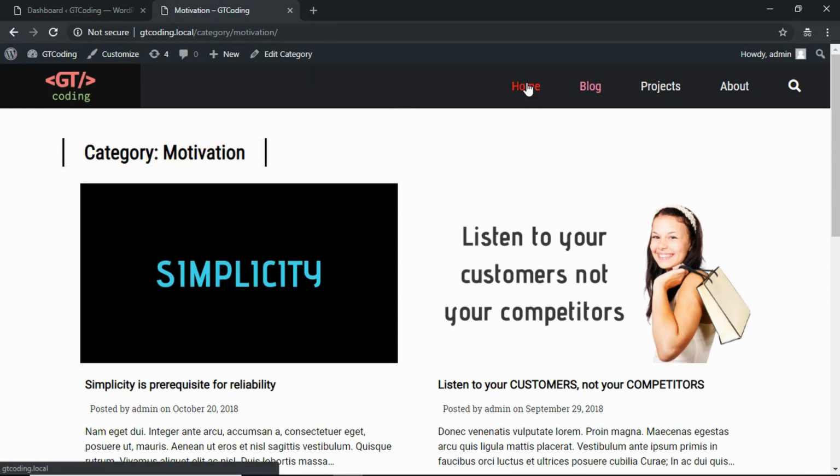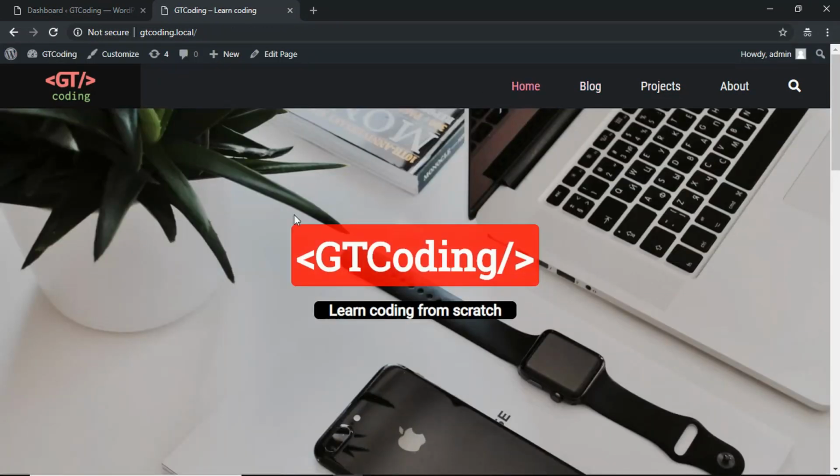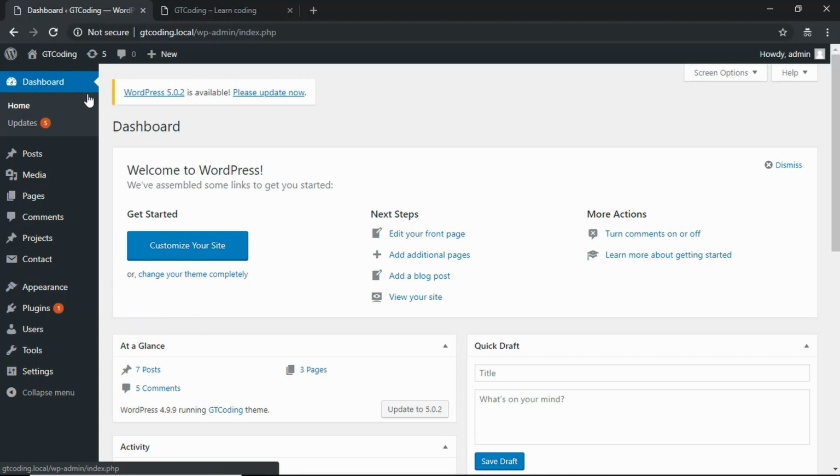So now let's get started by creating the sidebar. Now the first thing to do when we create a sidebar is register the sidebar in our functions.php file. So if you go to the dashboard, and if you hover over appearances, we want a widgets menu over here. So we'll go to the functions.php file,